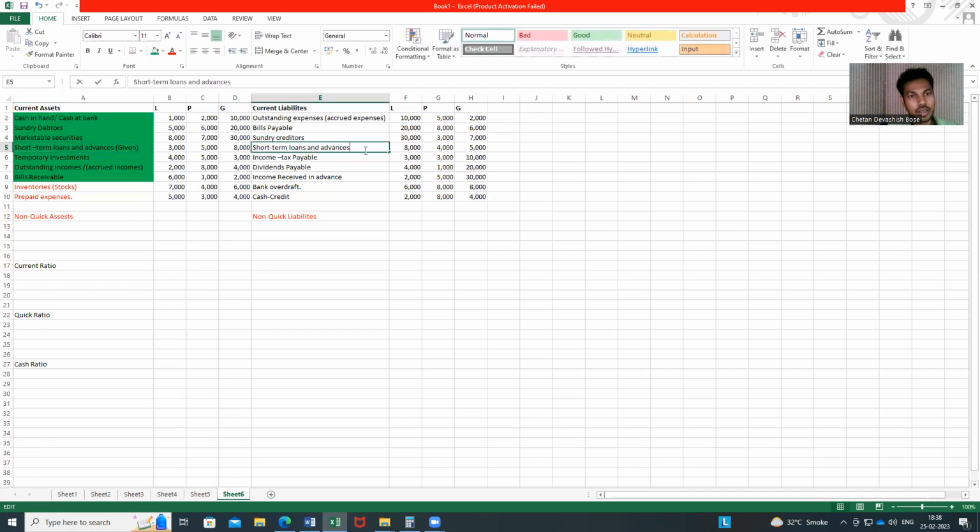And if you have received loans and advances, then it would be your current liabilities. क्योंकि आपने loan लिया है, you have received short term loans or advances, then it would be your